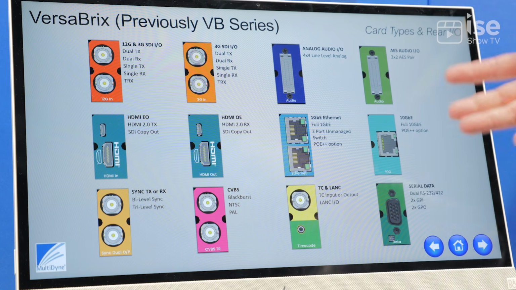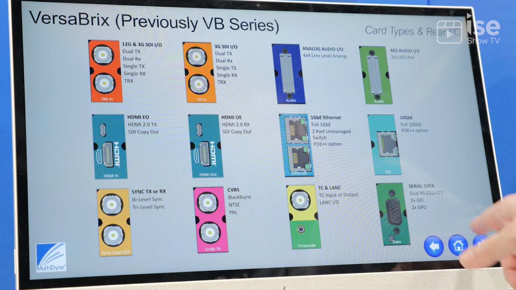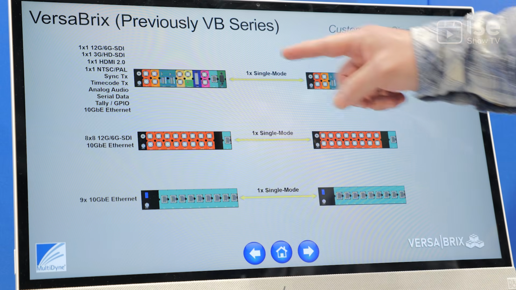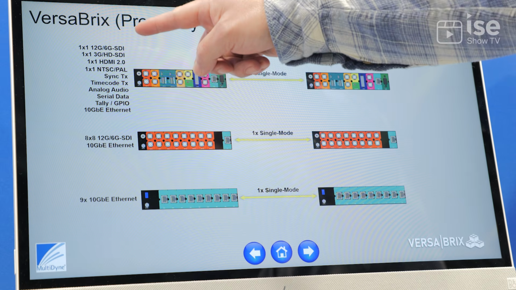We do analog audio, AES audio, MADI audio, again 1 gig, 10 gig Ethernet, serial data, contact closures, tallies, really